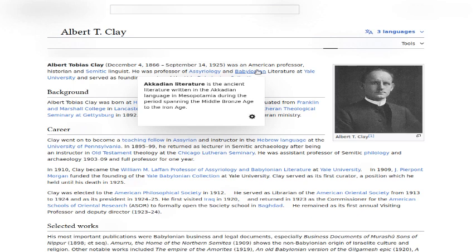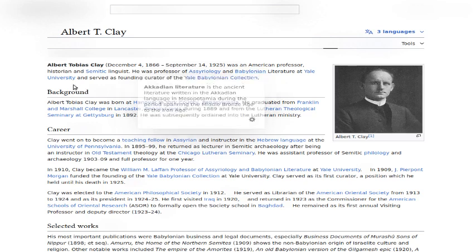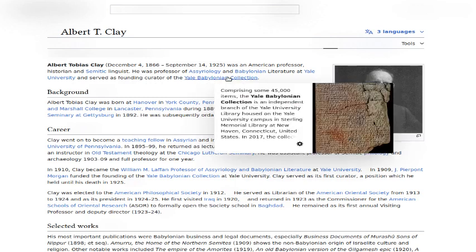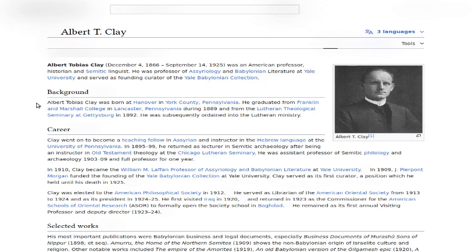Akkadian literature is the ancient literature written in the Akkadian language in Mesopotamia during the period spanning the Middle Bronze Age to the Iron Age. And he served as a founding curator of the Yale Babylonian collection, an independent branch of the Yale University Library, housed on the Yale University campus and Sterling Memorial Library at New Haven, Connecticut, United States. So he had